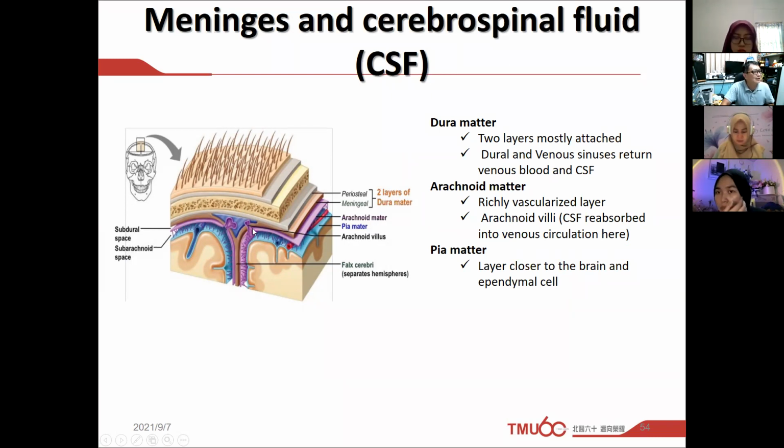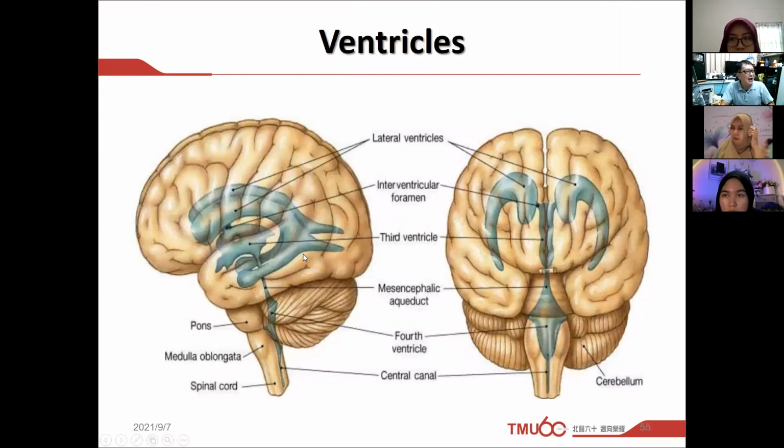And also the arachnoid villus, which can push the blood flow and venous flow in one direction. Okay, that's a very important structure in these slides. And also